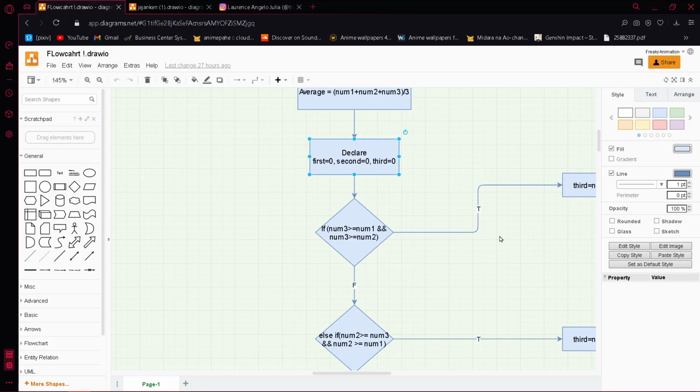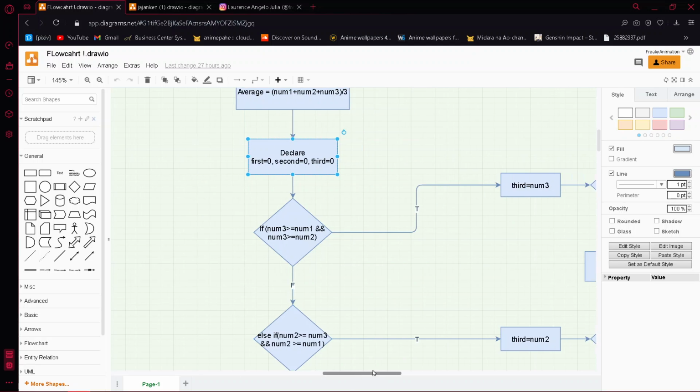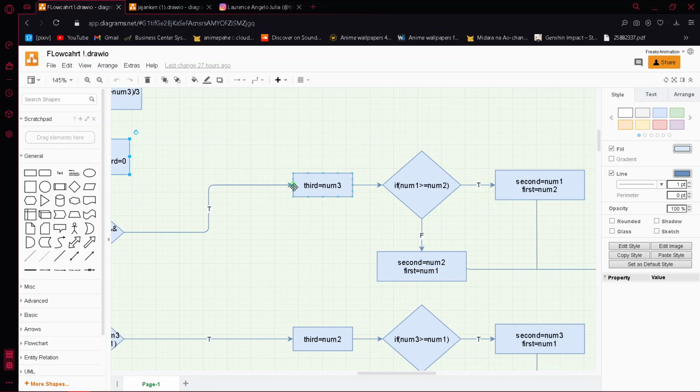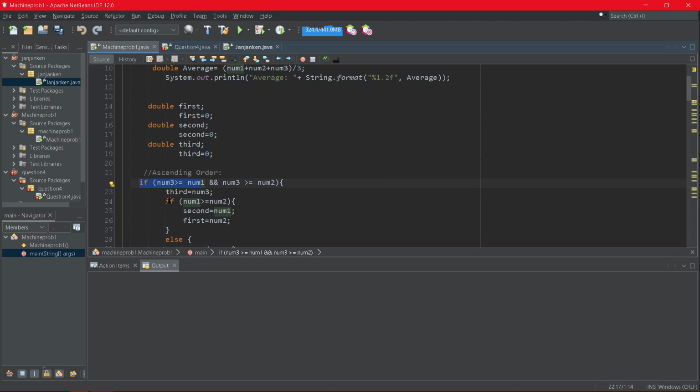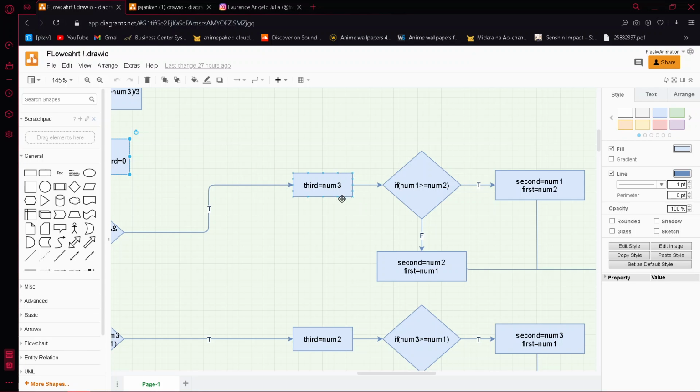If true, then create a process symbol in which third is equal to num3.